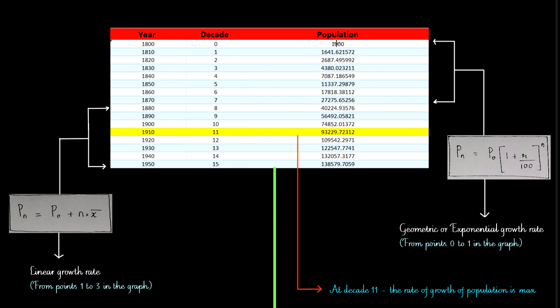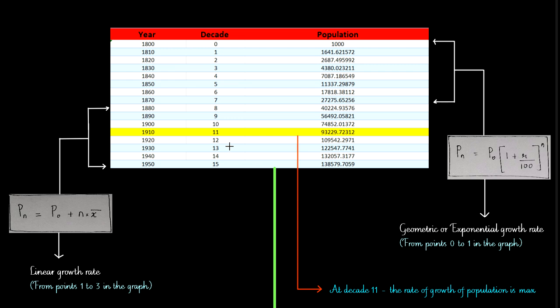there is an increase in population exponentially. So when you are presented with problems involving such situations, and say you are in decade 4 and you have to forecast population in decade 7, and the growth rate is exponential, you can use the geometric or exponential growth rate method. And from points 8 to 15, if you are presented with such old populations, why is it old? Because see, the initial year is 1800, and at decade 8 it is 1880. So the population has been there for 80 years, so it is a relatively old population.